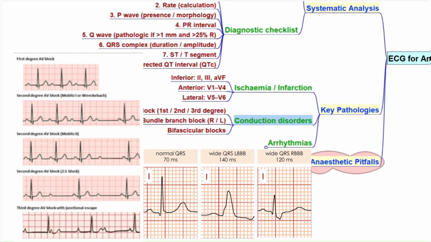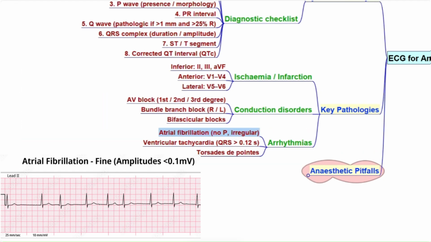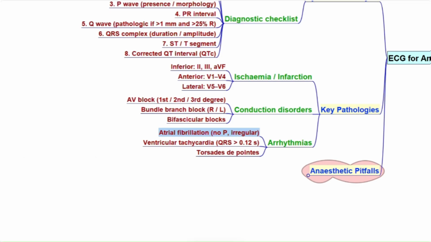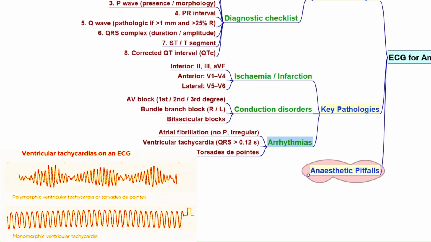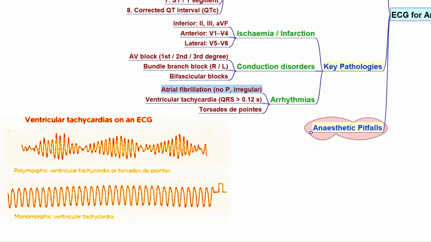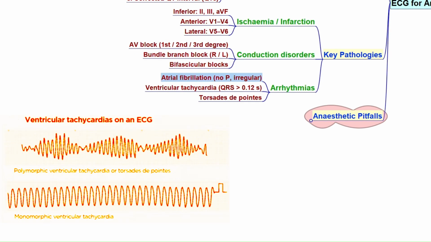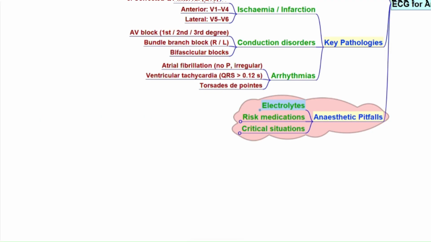For arrhythmias, we need to recognize atrial fibrillation, which shows no P waves and irregular rhythm. Ventricular tachycardia shows a wide QRS complex and is often regular. Torsades de pointes is a specific type of polymorphic ventricular tachycardia, usually linked to a prolonged corrected QT interval. We need to stay alert for electrolyte imbalances like hyperkalemia, which causes peaked T waves that can progress to a